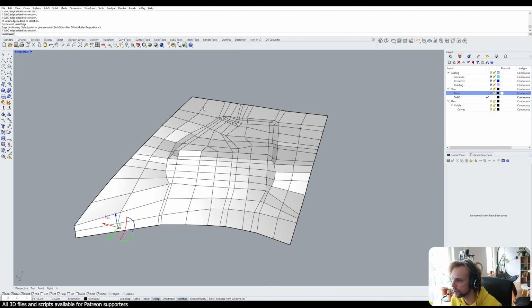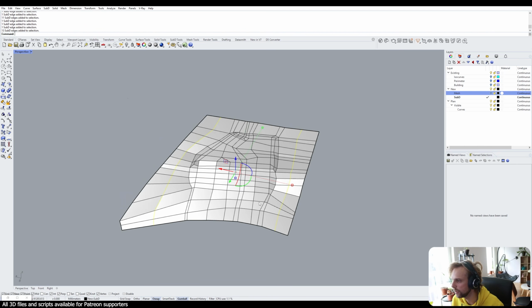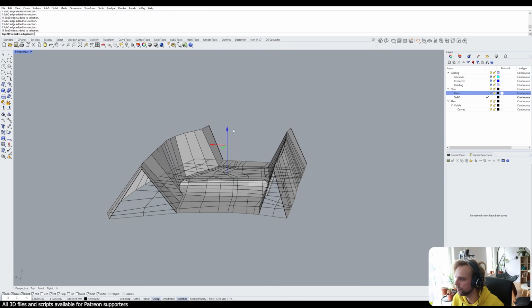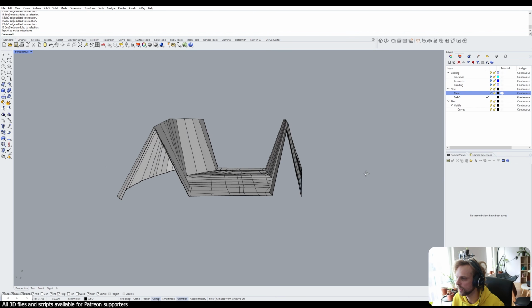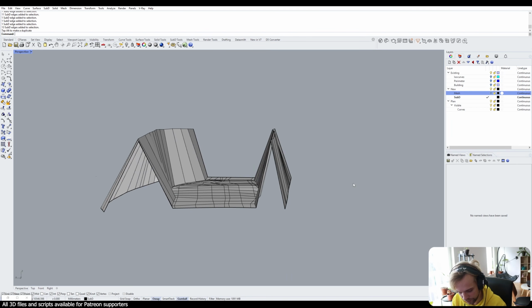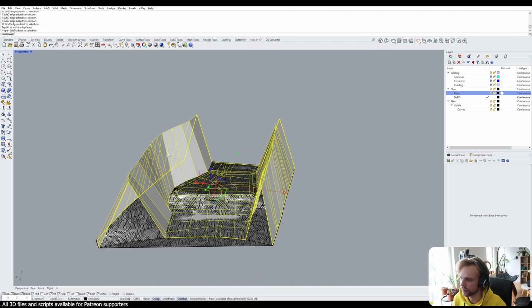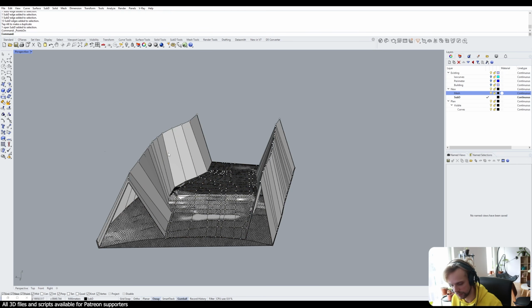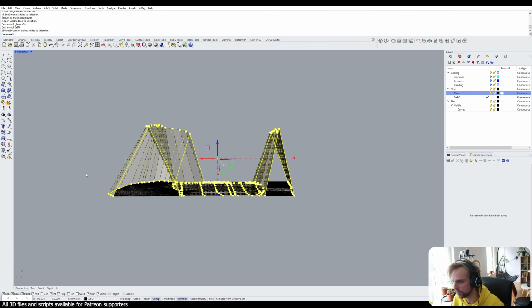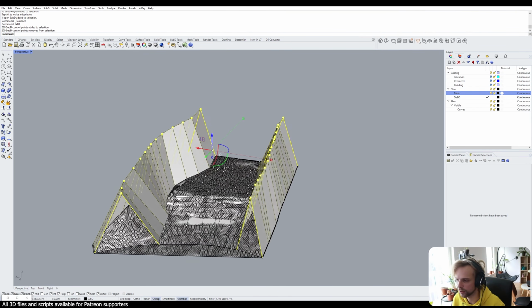So now we have these two edge loops, here and here, that need to be pushed onto the mesh, right? So what I'm gonna do is I'll just take them, I'll move them up like that. I'll enable the mesh preview. I'll select the subd, hit F10, select points, but this time I'm going to unselect. I believe it's with Control, right? Yeah, holding down Control, I'm gonna unselect all of the points that are already on the mesh,